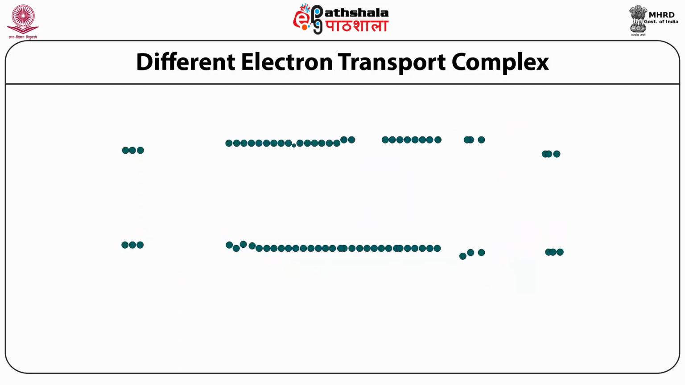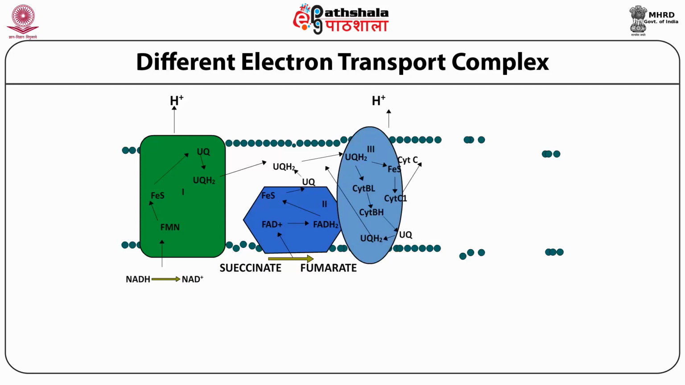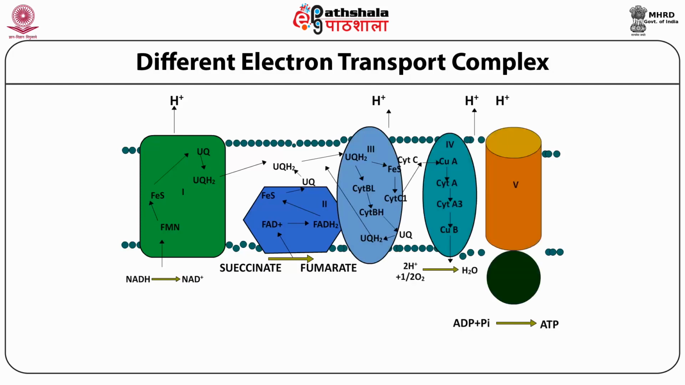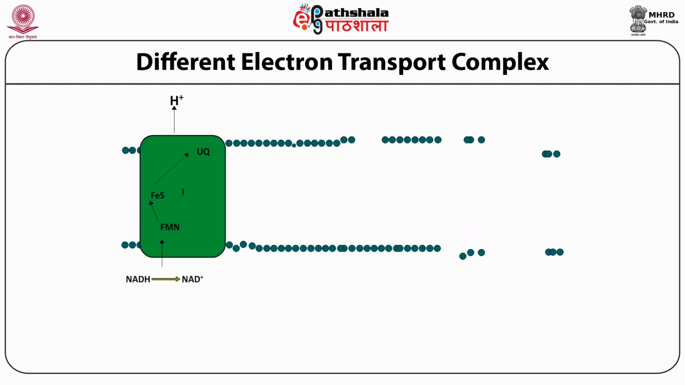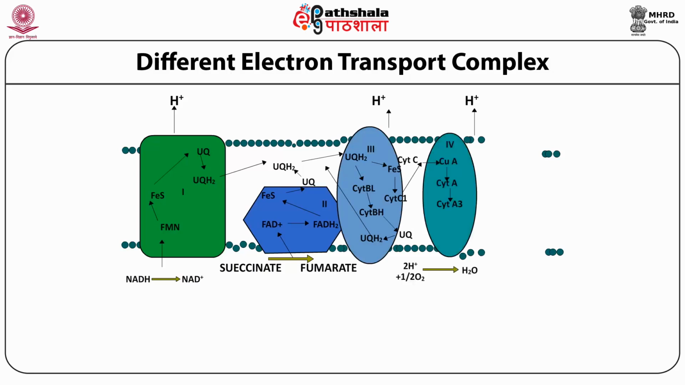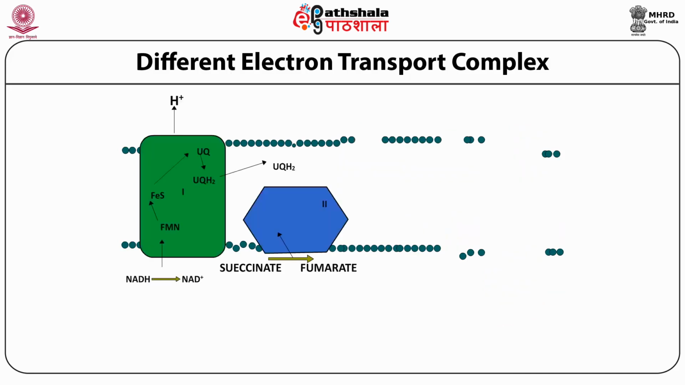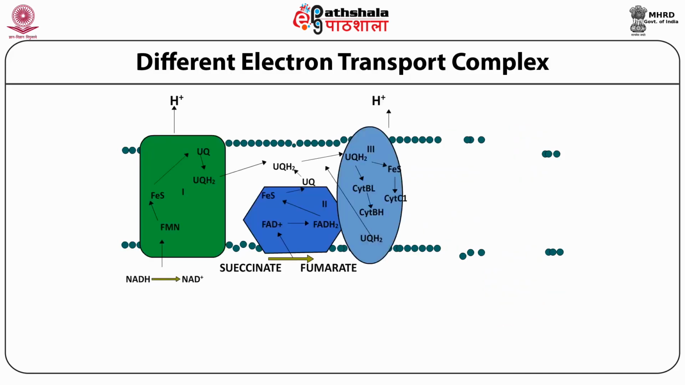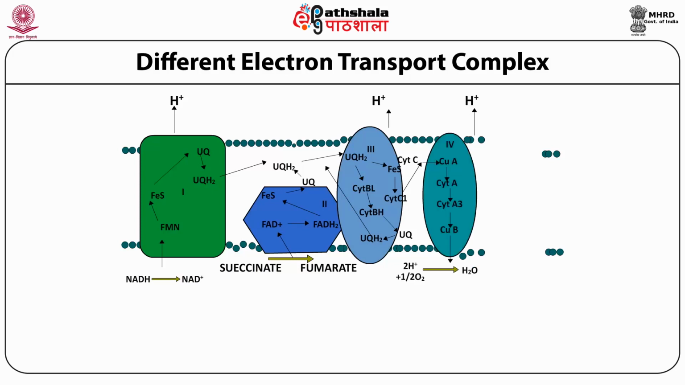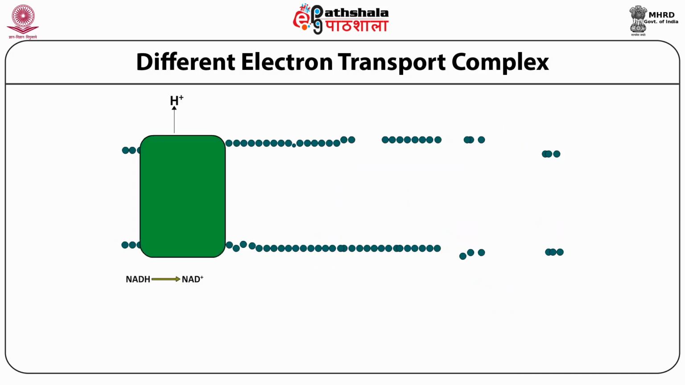So NADH, which is produced in various metabolic pathways, is utilized by complex first. Electron from NADH passes to FMN. So NADH undergoes oxidation and FMN undergoes reduction. Similarly, when FMN gives its electron to iron sulfur center, it gets oxidized and iron sulfur center gets reduced, and the electron finally reaches the ubiquinone